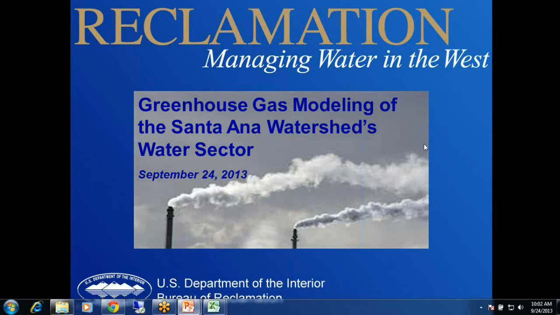Okay. So to get started, this project, the greenhouse gas emissions modeling of the Santa Ana watershed, started about 2 years ago. And it has evolved a lot since its inception. First off, it was originally just going to be an inventory and a database, and then it turned into developing a tool that can be used not only now but also down the road to evaluate greenhouse gas emissions from a variety of sizes of sites.